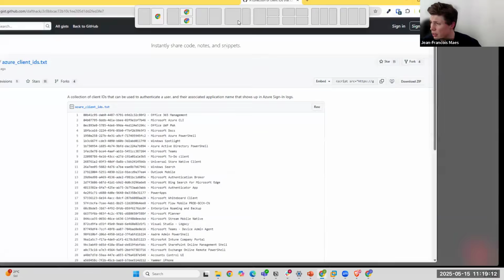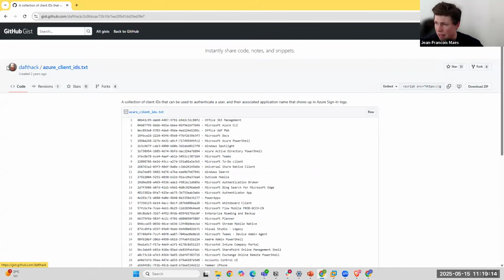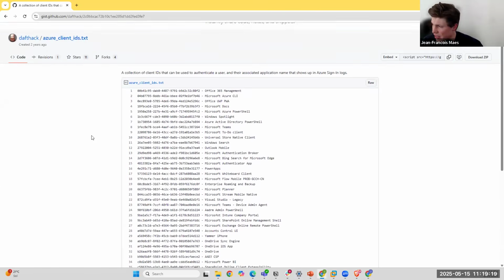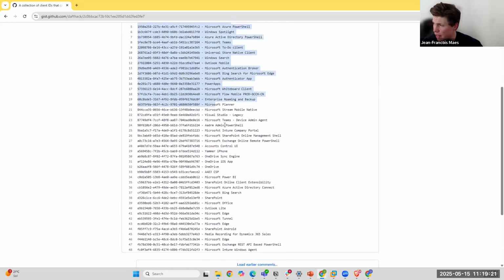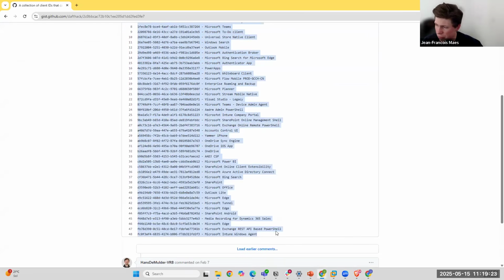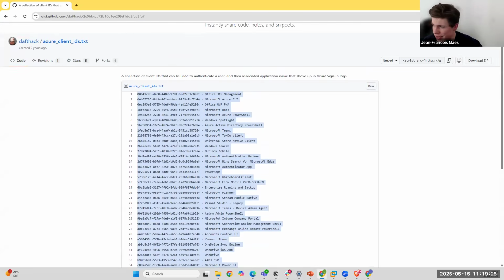Here it is. So Dirk-jan, or Bo Bullock, very talented hacker, actually has a list of hard-coded client IDs that are published by Microsoft, right? So these IDs, once again, are well known, they are hard-coded, and they are not going to change, right?